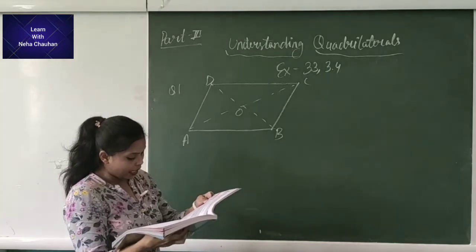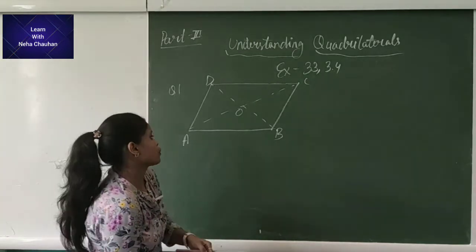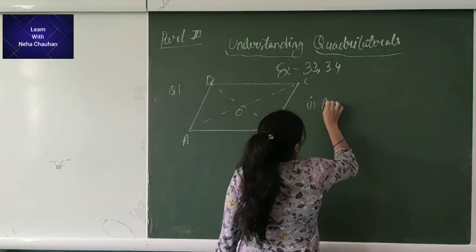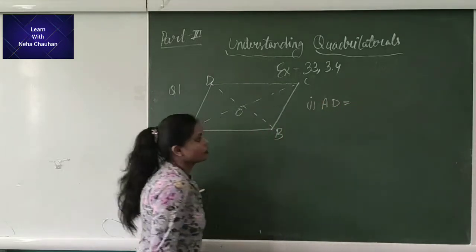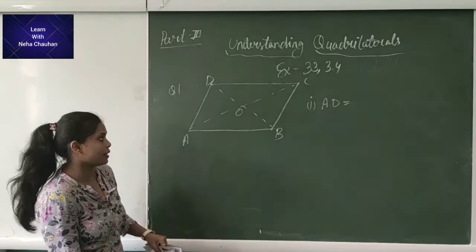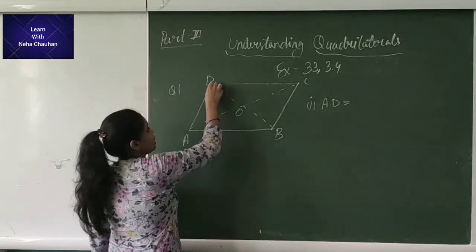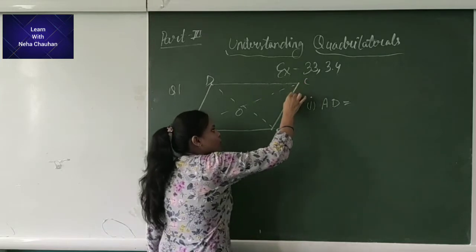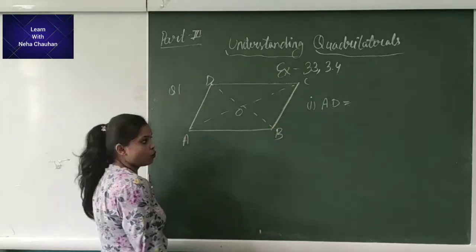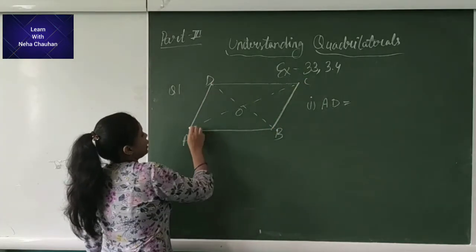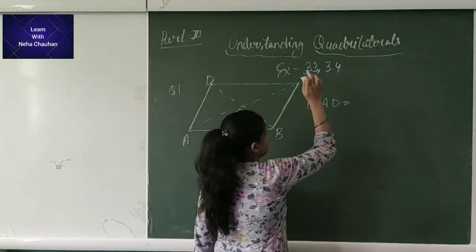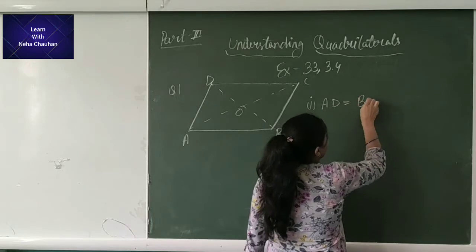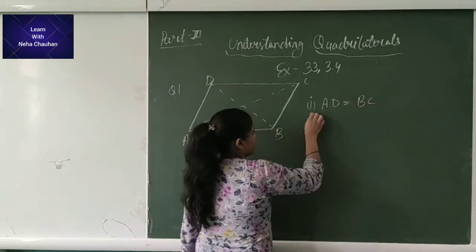Part 1 says AD is equal to which? AD is equal to what? Now, as we know the property of a parallelogram, that is the opposite sides are equal to each other. So, opposite side of AD is BC. So, we can say that AD is equal to BC. Next part